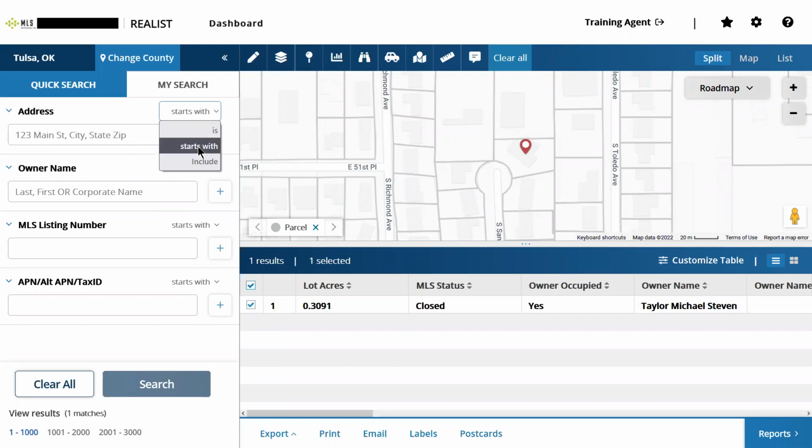The starts with option, which is the default that it actually opened Realist with, is actually the best option. That's one that I would recommend that you guys use. And there is also an include option that was a recent addition. You guys can explore that if you would like, but